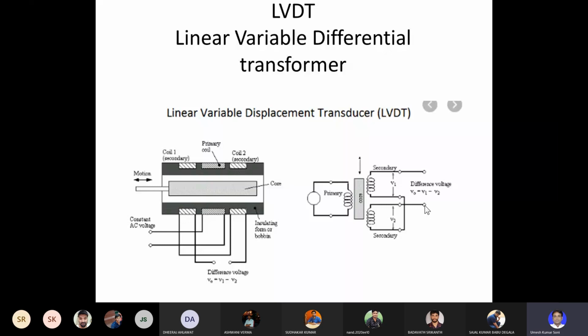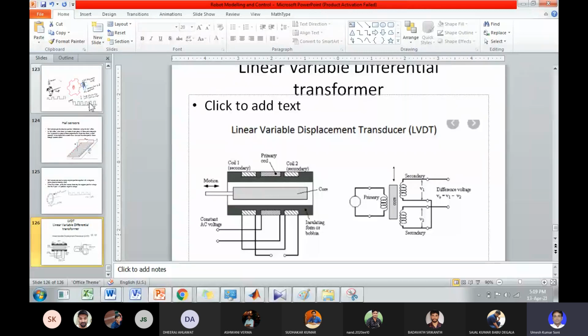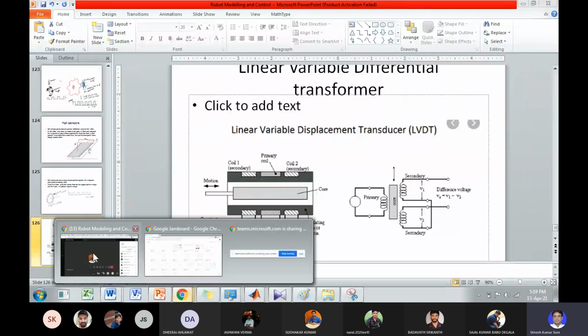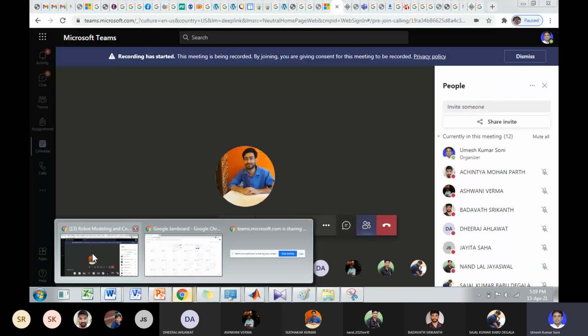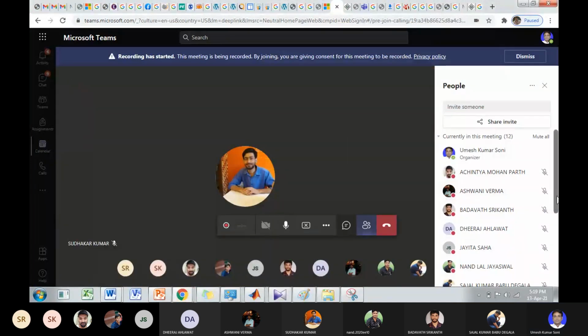So these are some of the sensors. So I want to discuss now, any queries in this part, students? Students,